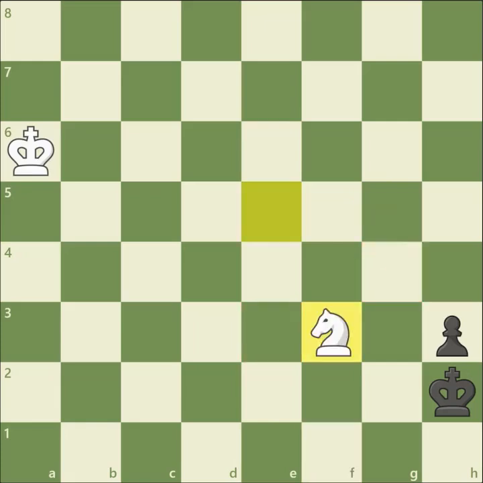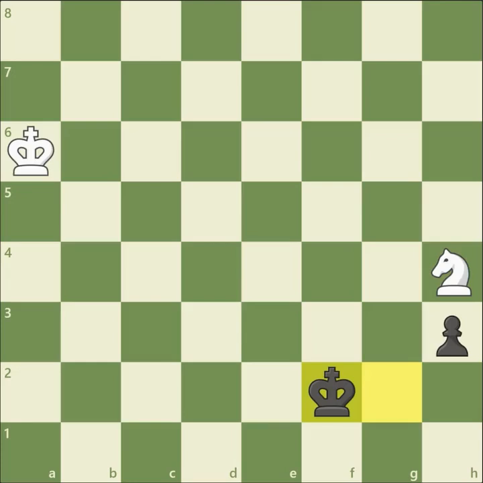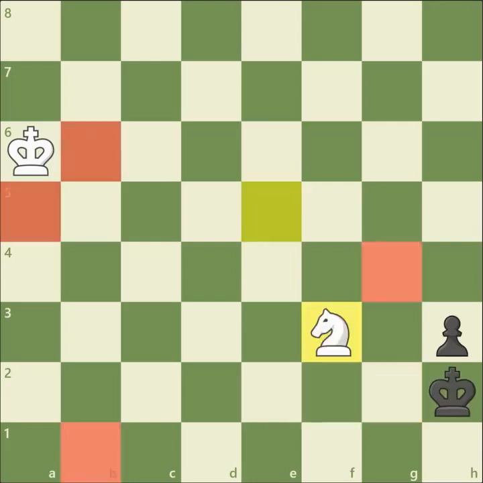If it goes to f3, the position is lost because black plays king to g2, knight h4, king f2, and there is no way for this knight to stop this pawn. But if in the starting position white plays knight g4, the knight is just in time and gets in time